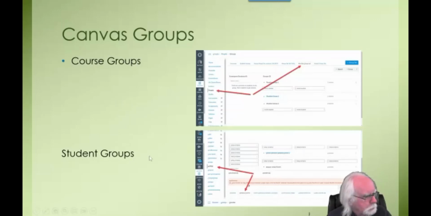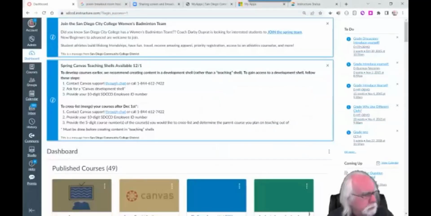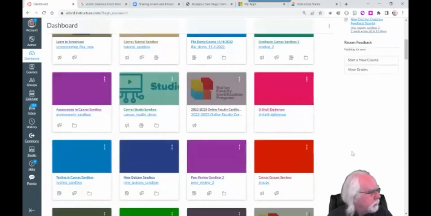So, course groups and student groups, we'll see how to create those. We'll start with course groups, since those are the much more commonly used tool. So let's go into a Canvas course as the instructor and see how to do this. I've got a groups sandbox here,